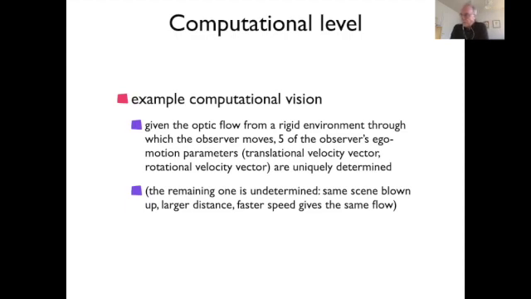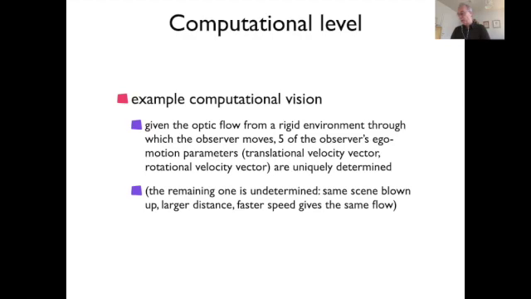So I'll give you a few examples of the computational level. The original examples that motivated David Marr's thinking were examples in computational vision. So it's a whole field. It's no longer so active, but in the 90s, it was a very important field. And that is a field in which you uncover essentially something like ecological laws of vision. I listed here the example of optic flow. I already mentioned optic flow. It's the velocity field that you see on your sensory surface when you move through a rigid environment as an